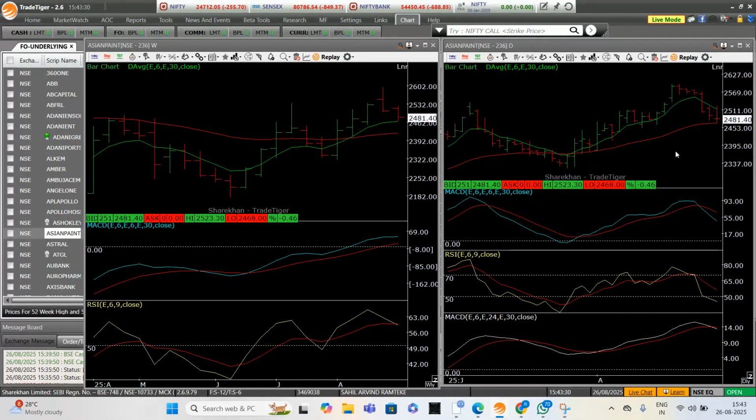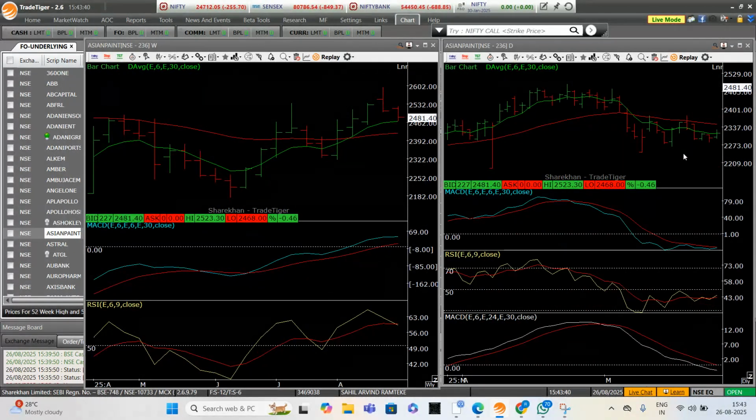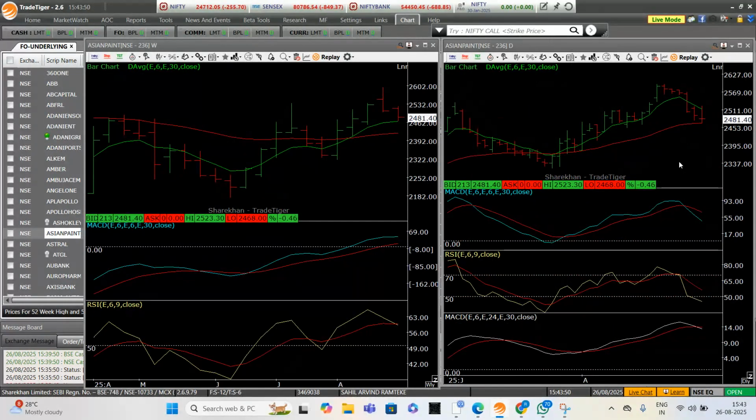क्योंकि अगर डेली में E30 के पास नहीं आया है और उसके पहले ही अगर हम लोग ने कोई बाय लेने की कोशिश की तो वहां पे हमारे SL, यानी स्टॉप लॉस, हिट हो सकते हैं। हाँ, करेक्ट। तो हम लोग को ये देखना है कि हाई प्रोबेबिलिटी के सेटअप्स पे ही हम काम करें। ये हाई प्रोबेबिलिटी अचीव करने के लिए ये भी एक डेली का कंडीशन अगर हम लोग देख लेंगे तो विनिंग की एक्यूरेसी ज्यादा होगी, कि जो प्राइस है वो E30 के पास है इन डेली, करेक्ट। E30 के पास बिलो लेवल्स भी आएगा तो भी चलेगा, लेकिन डेली का E6 बिलो E30 नहीं चला जाना चाहिए, बस। तो समझ गई मैं। ओके, ठीक है सर।